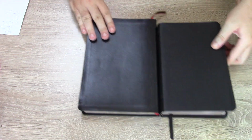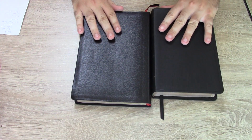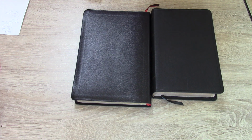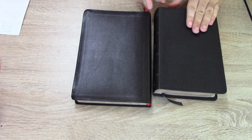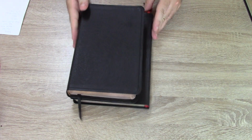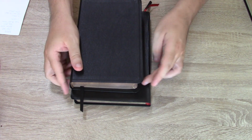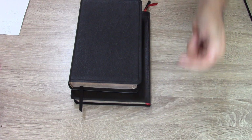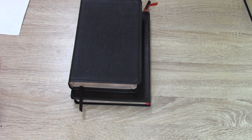So here we have the ESV, and putting them together, how about I'll do like top lines up. So you see this gap here is the difference. That's about an inch right there. And if we put it on top, you can also see that there is a gap on the side as well. This is nearly an inch as well. So it's about an inch longer and an inch taller, because width would be this measurement here,